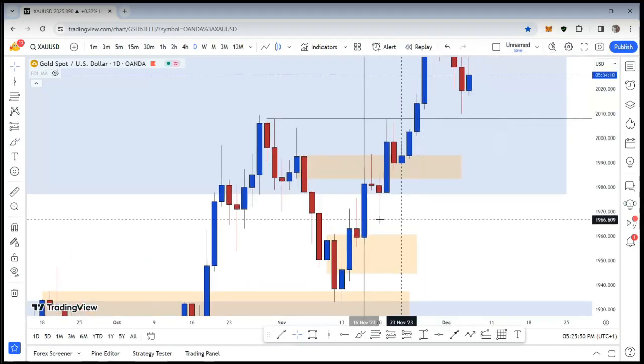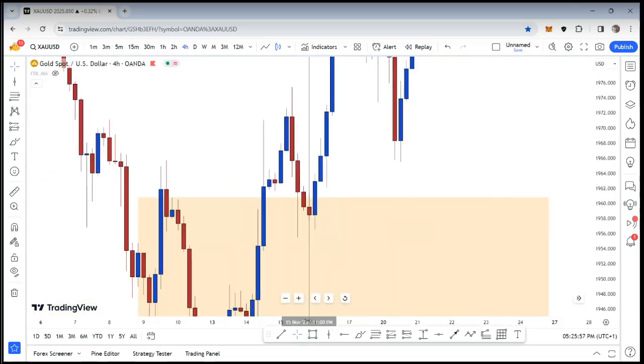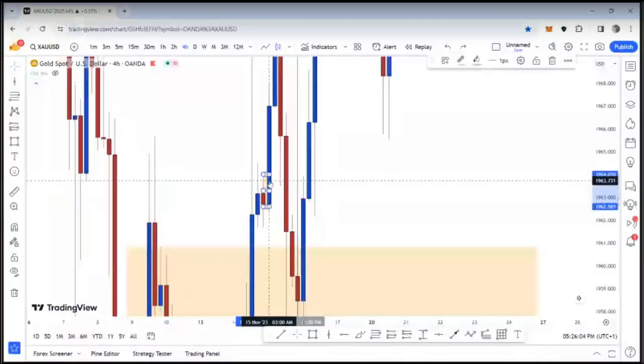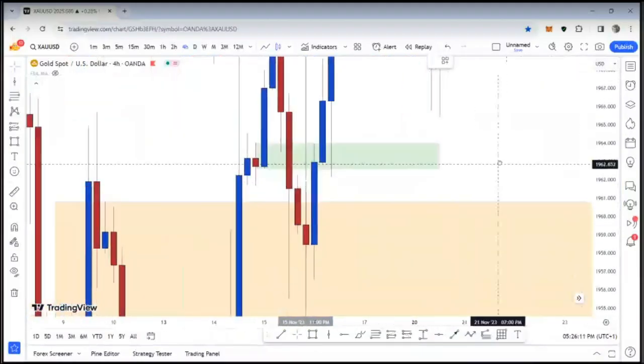Now, in this situation, price tapped that zone and closed as a bearish candle. Now, going down to H4, what is the structure on the H4 time frame? Is the structure of the H4 time frame not bearish? Yes, bearish. Good. 4 hours, bearish. Now, according to the law of CMP,